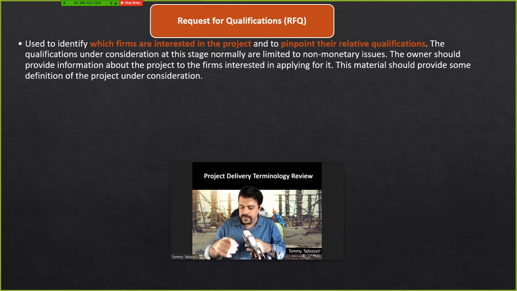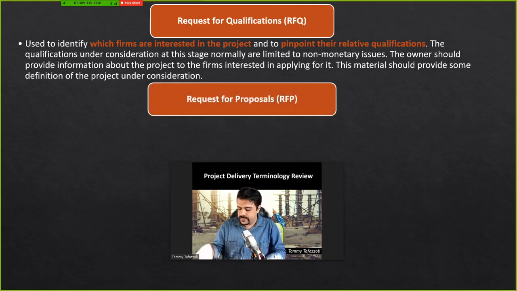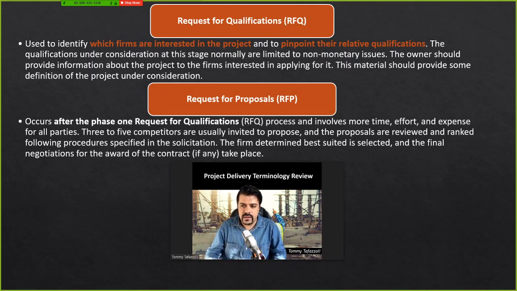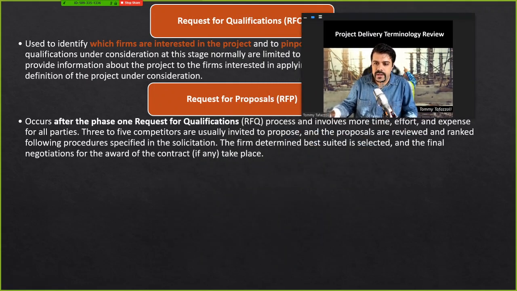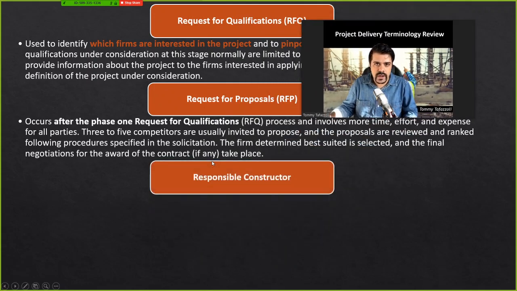Okay, so after that, there is a request for proposal. It's a lot more comprehensive than RFQ. So this one is called RFP. In this process, all the potential contractors will go ahead and submit their bid, which includes all the pricings to very detailed levels, and then the owner will select the winning contractor and will award the contract to them.